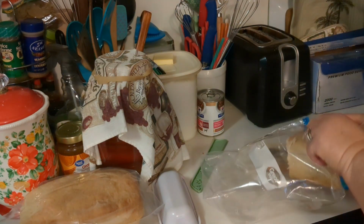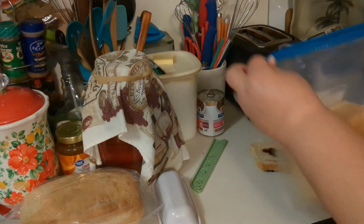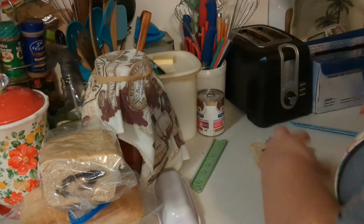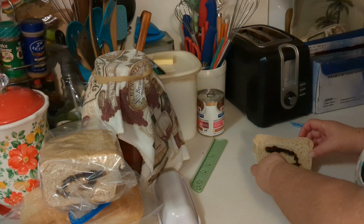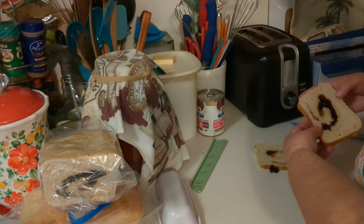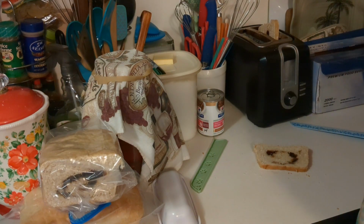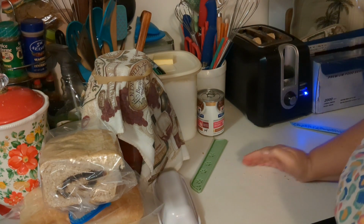When I make my bread, I flatten the dough out into a rectangle, and one day I'll make a loaf for you. I'm just learning how to use this camera. So I flatten it out into a rectangle on my counter here, and then I roll it up and tuck the edges in. Before I did that, I just added a layer of cinnamon and then raisins. And so I made my own cinnamon raisin bread. It didn't turn out the way I had expected, but it was my first try. And so I'm gonna toast that,